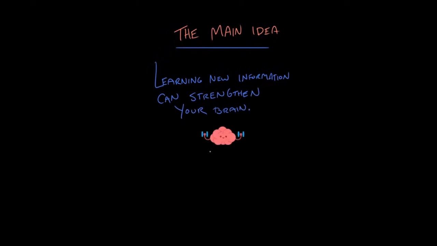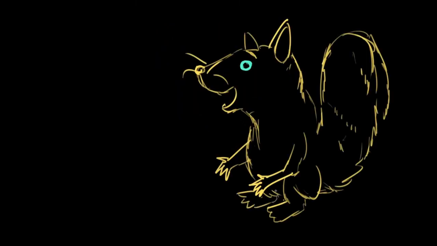What I did was I took something from each paragraph and found what they all had in common. There were some details, for example, about math or dance practice that are important, but aren't so important that they need to be included in the main idea. All of that can just sort of be pushed into this broader idea that learning new information makes your brain stronger, can strengthen your brain. So how should I be thinking about main ideas?